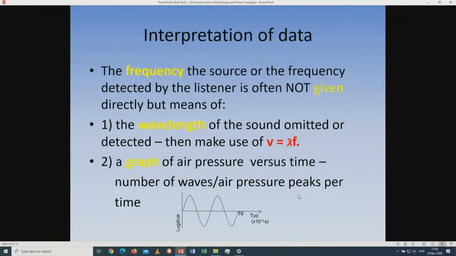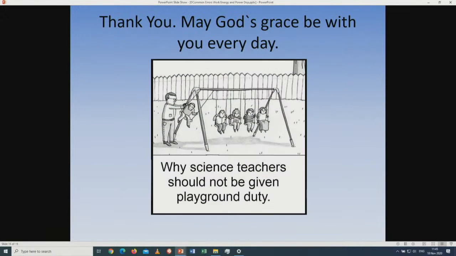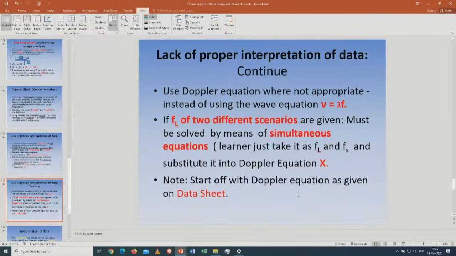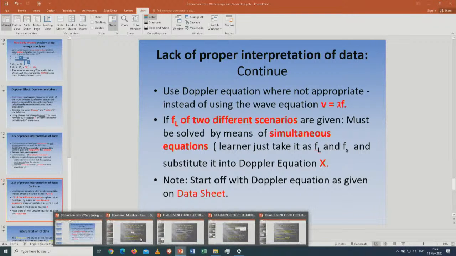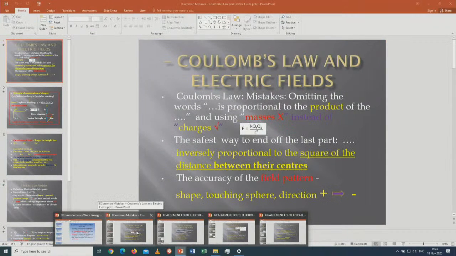Right, that then concludes my comments on the Doppler effect, and I move on to